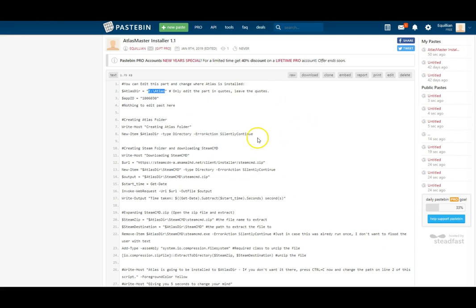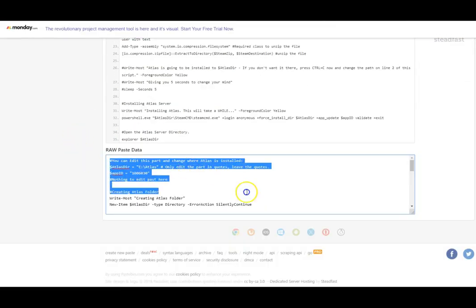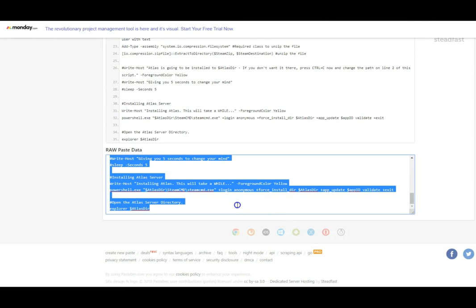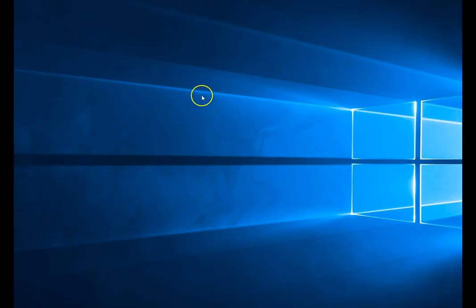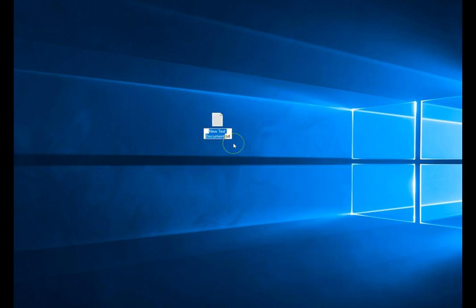Okay, so the first thing we're going to need to grab is the Atlas Master installer. The only part you're going to need to edit is this line right here, the second line. Links are going to be in the description, and you're going to go down here, copy all of this, and then paste this into a text file. That text file is going to be made by making a new text document, and then we're going to name this